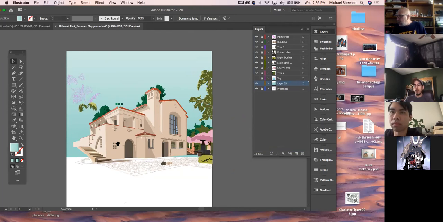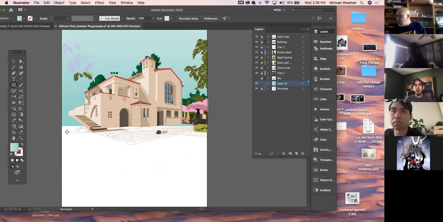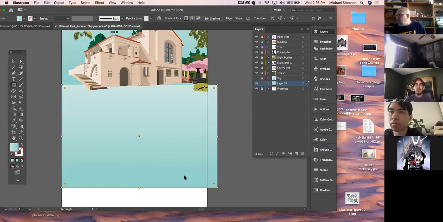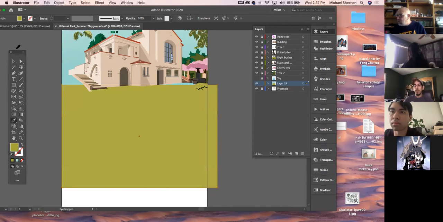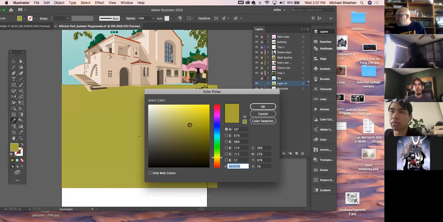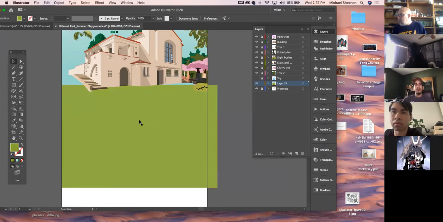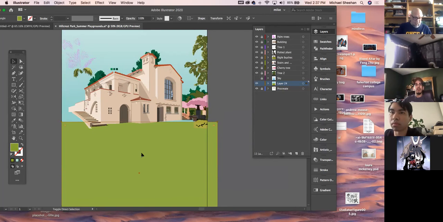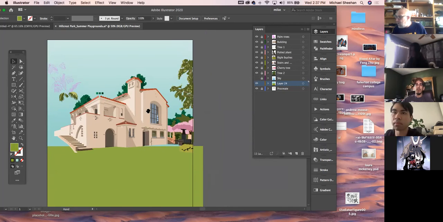Okay. And the other thing I might do is go, well, this is probably going to be more, at least at some point, you know, it's going to have some green or something in it. So I'll just say this color here. Let's change that. I'll just do that. And those are just block-ins, obviously, right? Yeah. But what it does is it starts to make me go, okay,